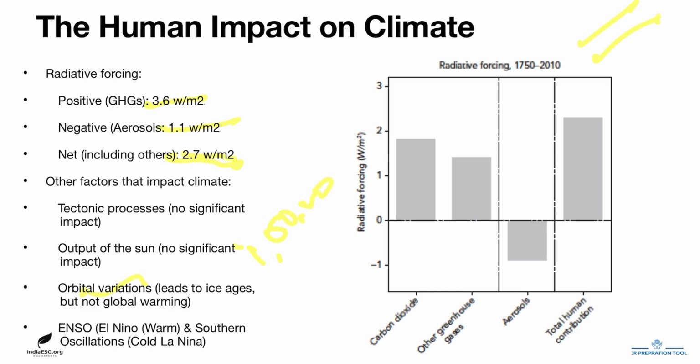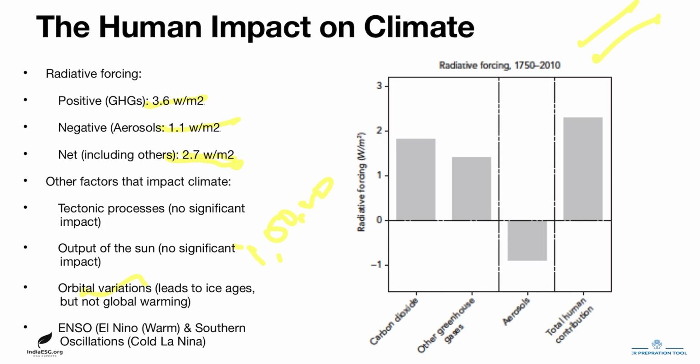Now can modern global warming be attributed to this unforced variability? This is very unlikely because no theory explains the observed warming since the Industrial Revolution. This global warming started happening since the Industrial Revolution, and there are no observations which support unforced variability. And the second reason is that there is nothing similar to the rate and magnitude of warming of the 20th century. And then the third reason is that scientists use different computer simulations to simulate